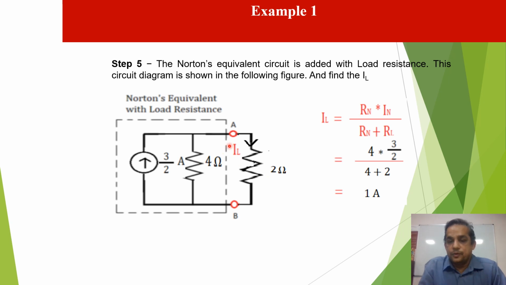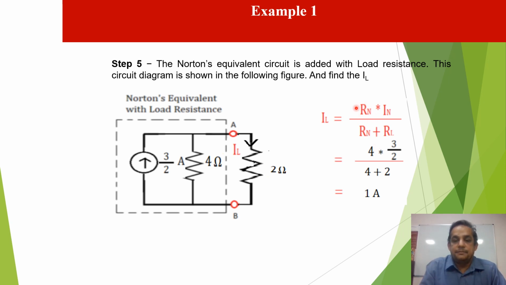Now we calculate the IL. Here simply current division rule applied. Current is 3/2, IN is 3/2, Rn is 4, and here total resistance. Always remember that